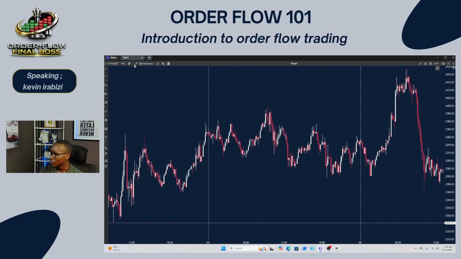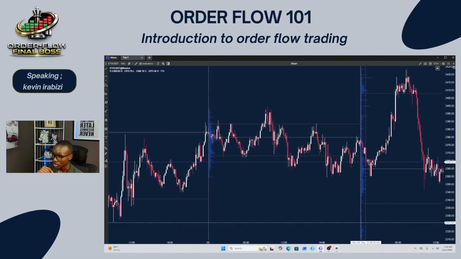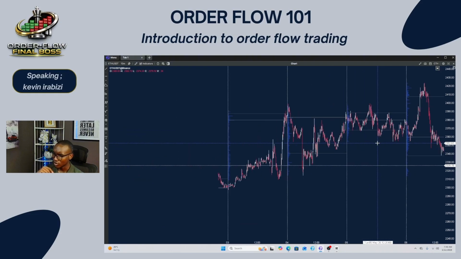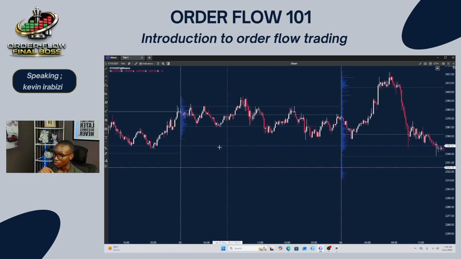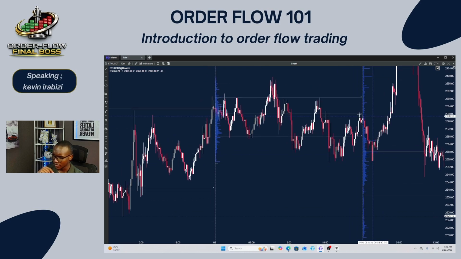When I come right here to my tools or simply indicators, I can choose my volume profile to add there and add to chart. So my volume is showing me daily volume. It is not that much because I'm looking at Ethereum, but as we see, if we look at our profile, the line in the middle that is kind of brighter,